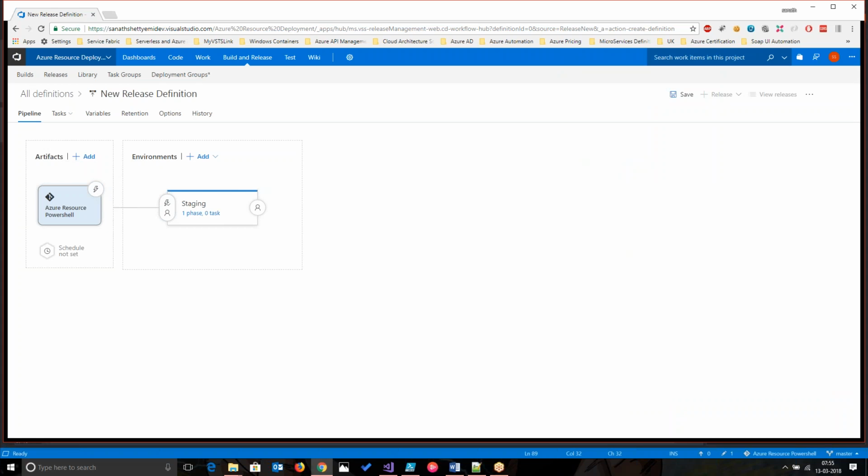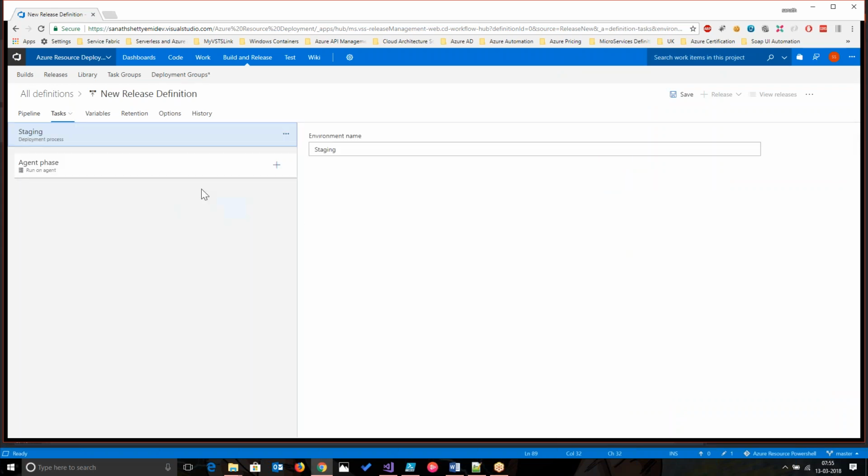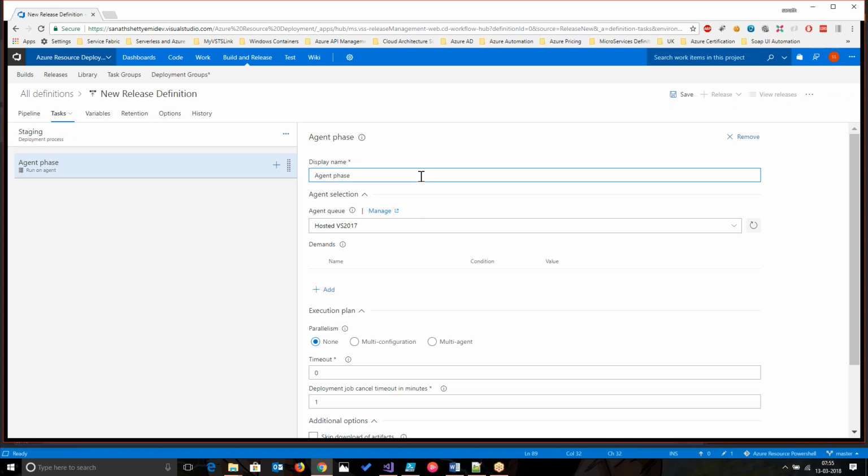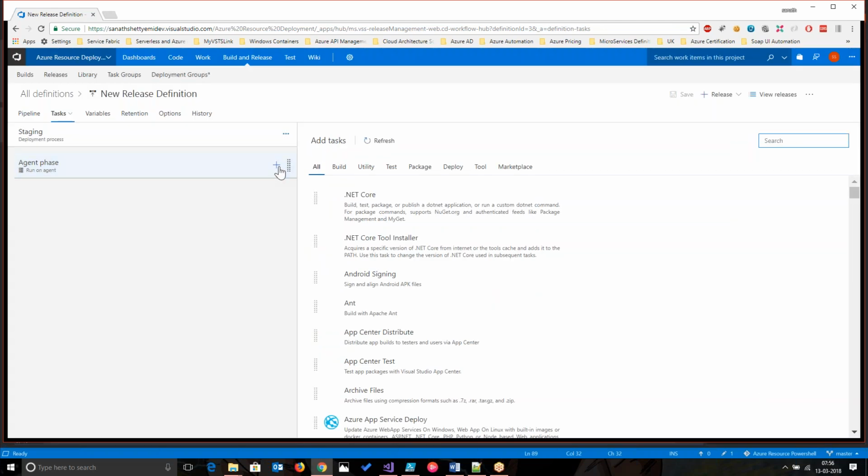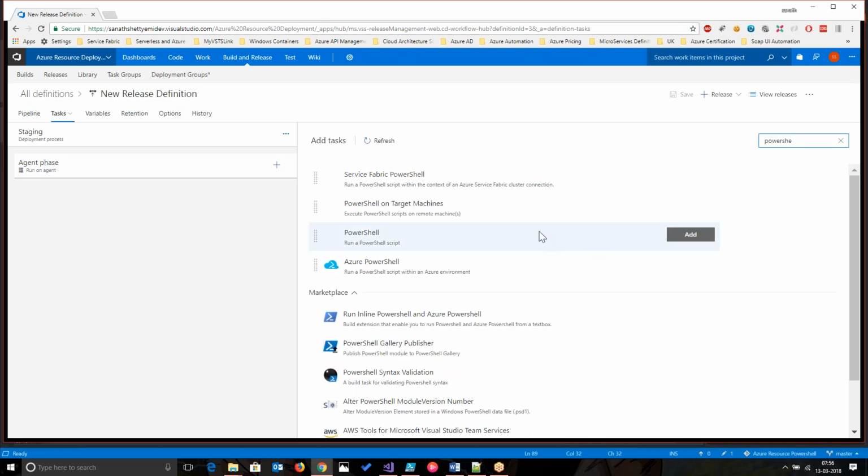Yeah, let's set up a continuous deployment trigger. I just have to enable this. Let's go into this phase. Let's set up. This is fine. You can see that the agent queue was hosted environment, hosted VSTS 2017. So this is fine. Let me just quickly add a new build step, and we're going to pick up PowerShell,